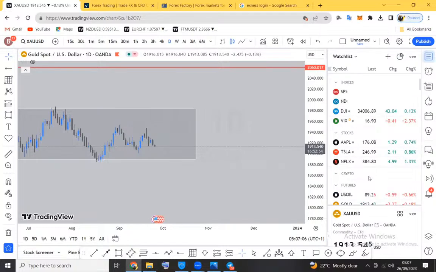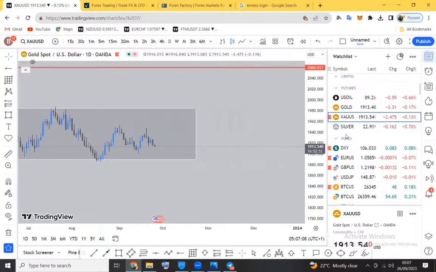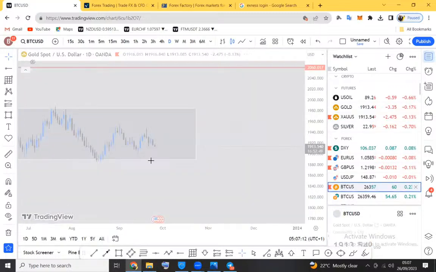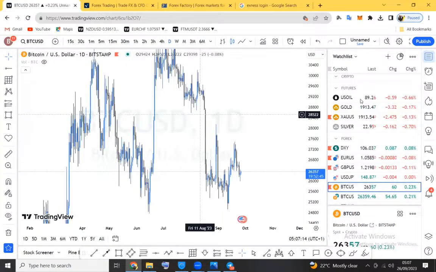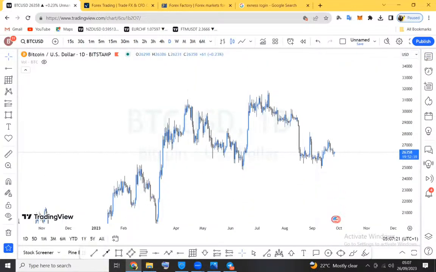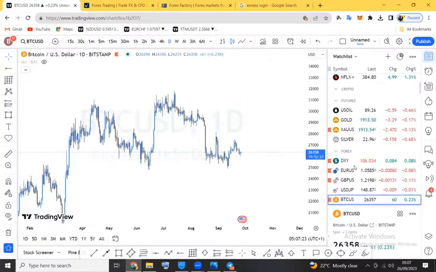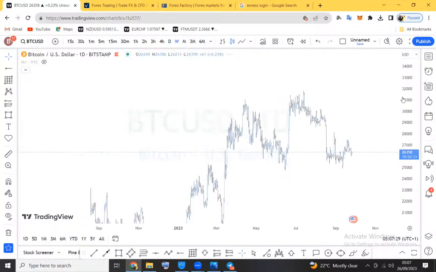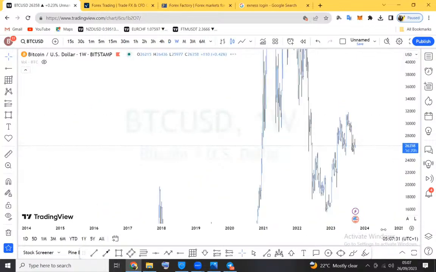But before I go, the last thing to look at will definitely be Bitcoin. For Bitcoin, I recently made an analysis, Bitcoin USD, BTC USD, trying to explain to people basically what I think about the price of Bitcoin.